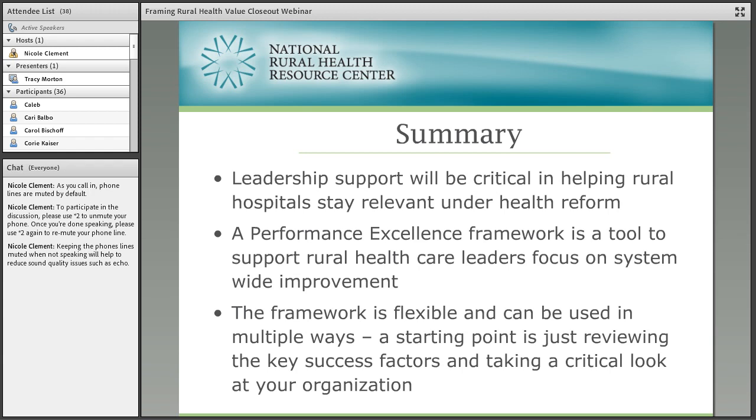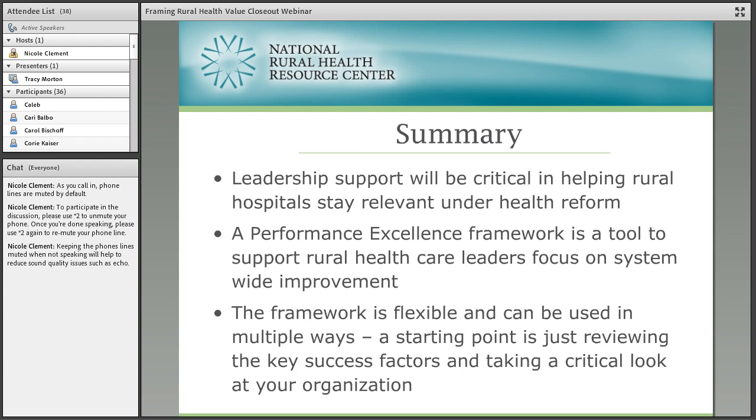The Performance Excellence Framework is a tool that can help support the leaders of a hospital as well as your FLEX program in system-wide improvement. And as we've mentioned previously, the framework is really flexible. It can be used in multiple ways. It's not a way of going from point A to B to C, but really a way for you to navigate and look at a structured approach to employing different areas within the 7 categories, but not necessarily having to do it systematically. You can implement the different areas of activities that are best suited for your program, your resources, or for that of the hospital, but not necessarily an absolute recipe to follow.